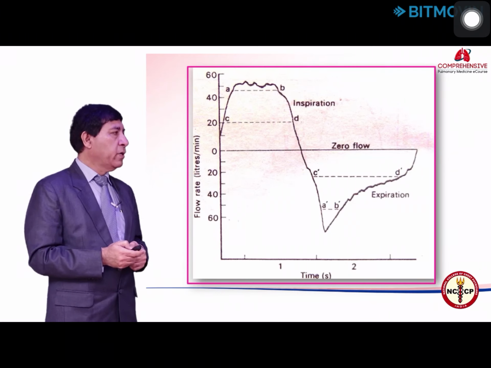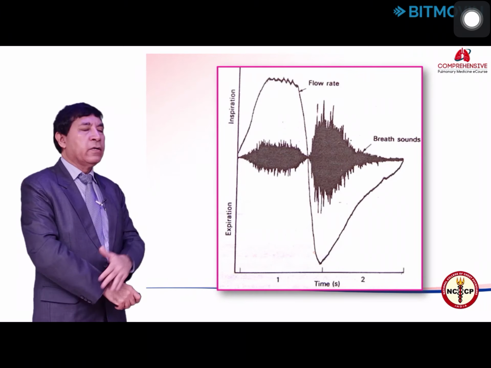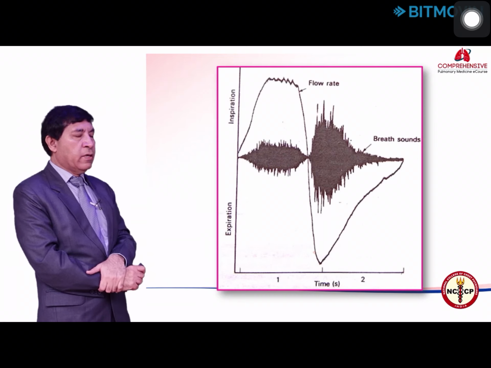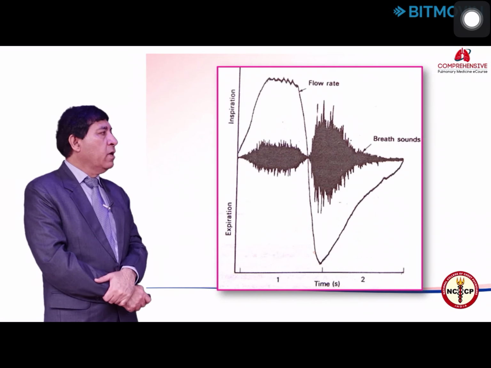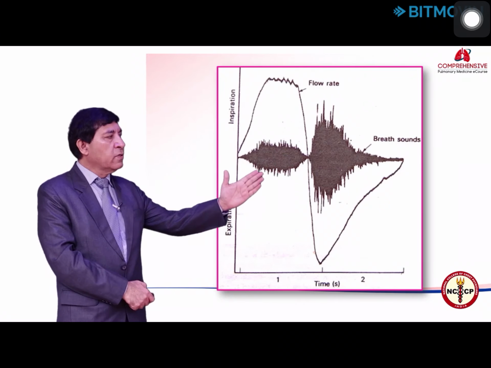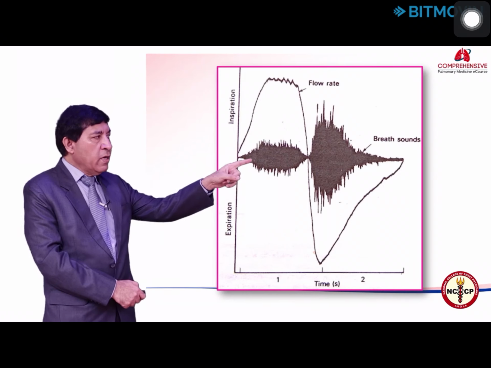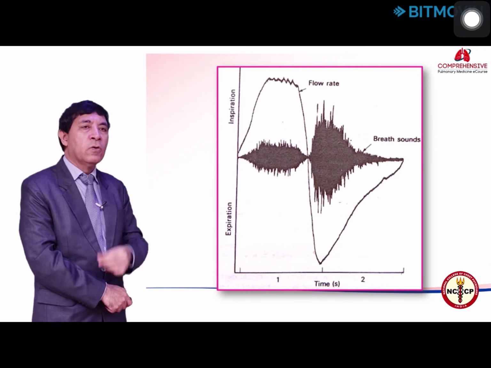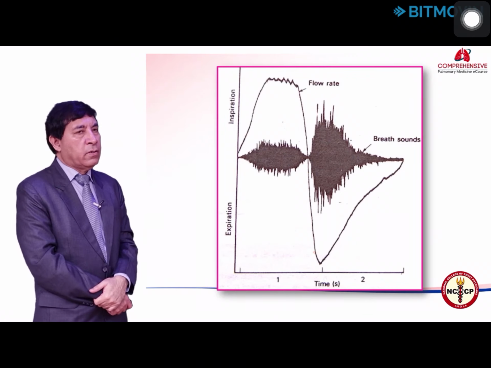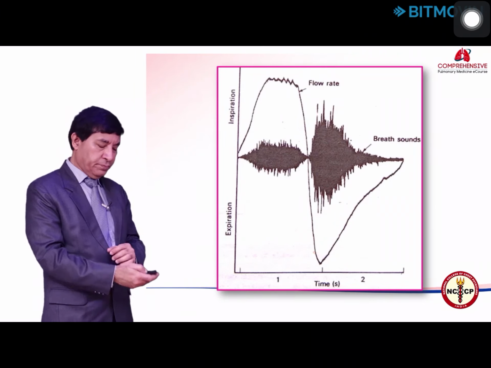and not attenuated. So this black thing again tells you about the degree of turbulence. During inspiration you can see that there is a turbulence which you can appreciate, and during expiration there is a rapid decay of the turbulence because the flow is exponentially declining. So you can hear this long turbulence in expiration only over the trachea, but you can't appreciate it on the chest wall because it undergoes significant attenuation and filtration.